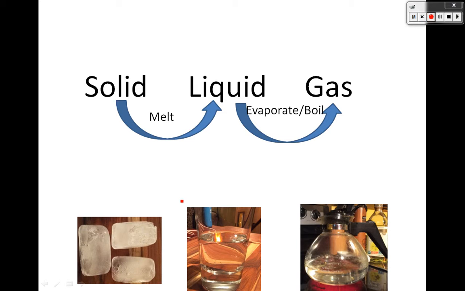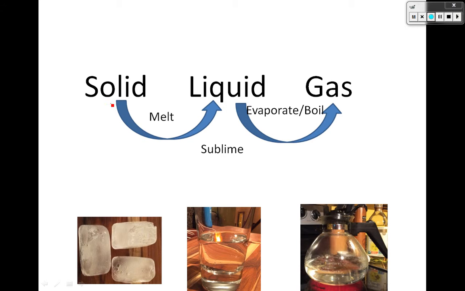The difference is boiling is a way of speeding up evaporation. So if I spill water on the floor, eventually it will evaporate. It's just going to go into the air as water vapor. I don't have to heat it up or anything like that, and we'll talk about why later, but it evaporates. Or if I put that water on the stove, I could turn on the stove and it would boil and eventually go out into the air as well. So the same thing happens. The liquid turns to gas. Boiling is just a lot faster than evaporating.